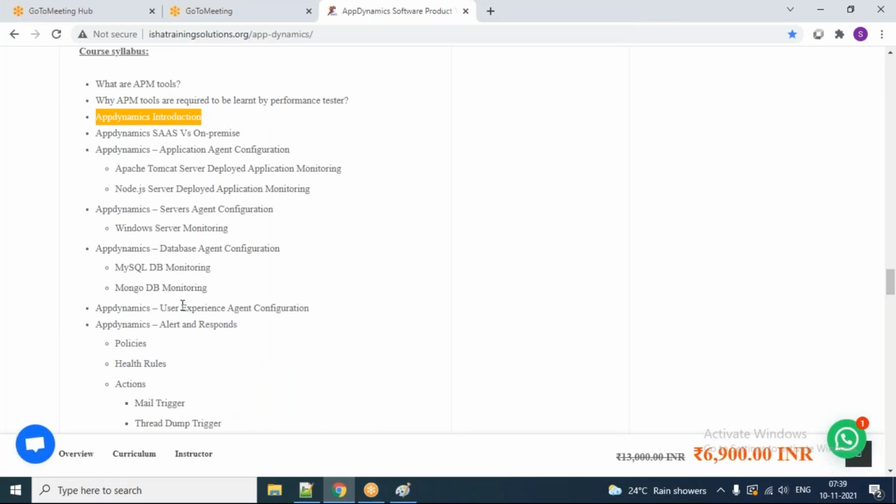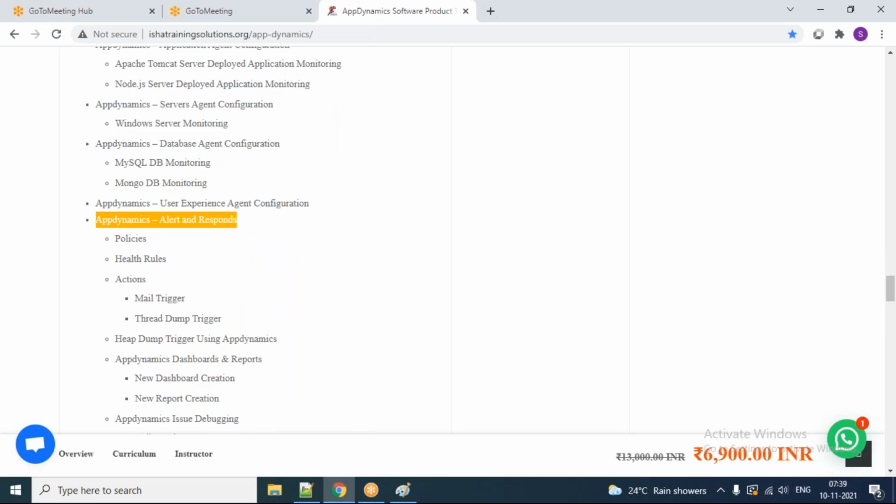So we are going to learn alerts and response. There is an intelligence that is available in AppDynamics. So how we are going to leverage that intelligence, how we are making things automated, we are going to see under alerts and response. And then we are going to learn about thread dump and heap dump, how you can trigger it in AppDynamics. And my personal thing, what I'm going to do is teach you how to analyze heap dump and how to analyze thread dump also.